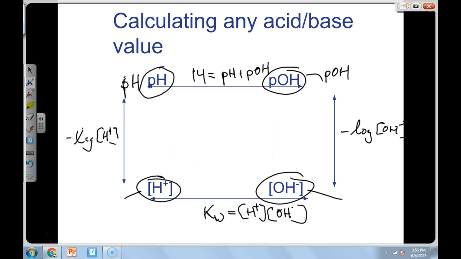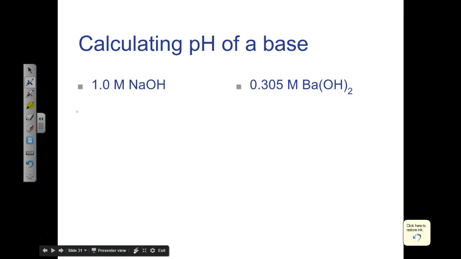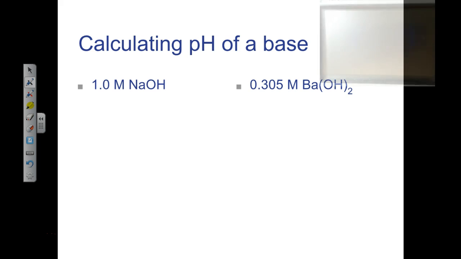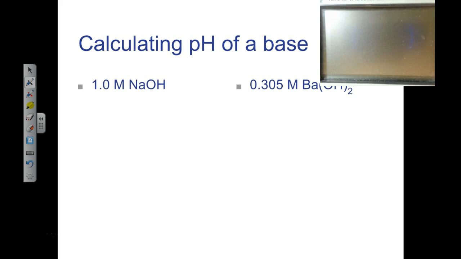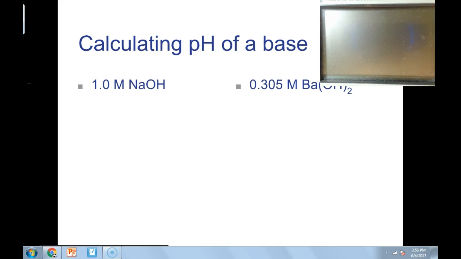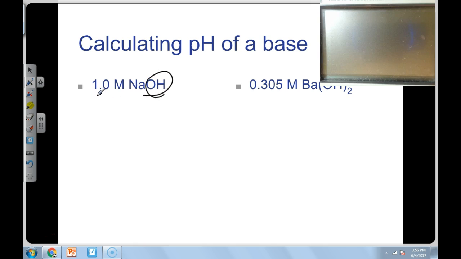Okay, so let's keep moving forward and let's actually calculate the pHs of some strong bases. Now, this is going to be interesting because this is one of those things. Let me call up my calculator here. This is one of those things where it seems pretty straightforward, and then all of a sudden there's a monkey wrench. Just like acids, notice that the amount of hydroxide ion is 1-to-1 here. So for every 1 mole of this guy, we get 1 mole hydroxide ions. So this is a fairly straightforward